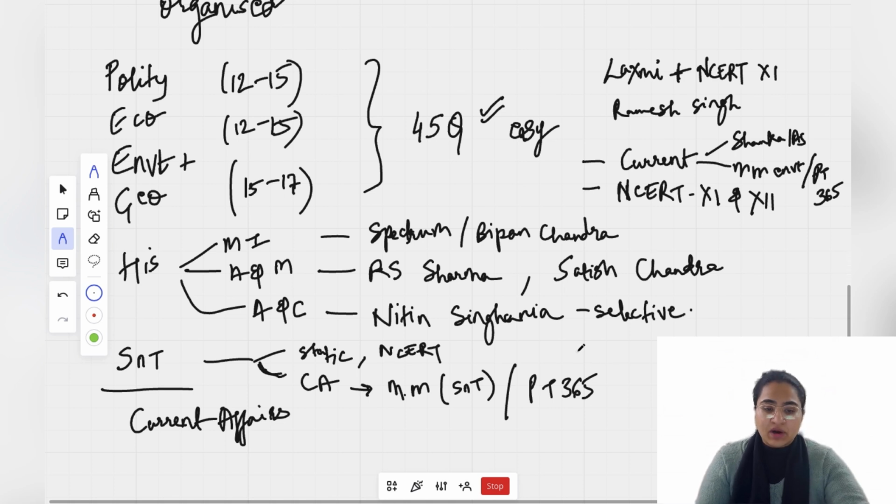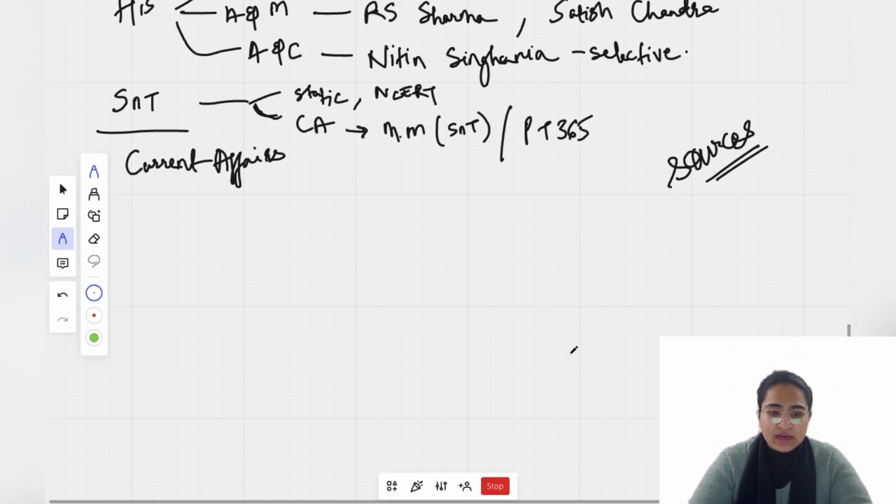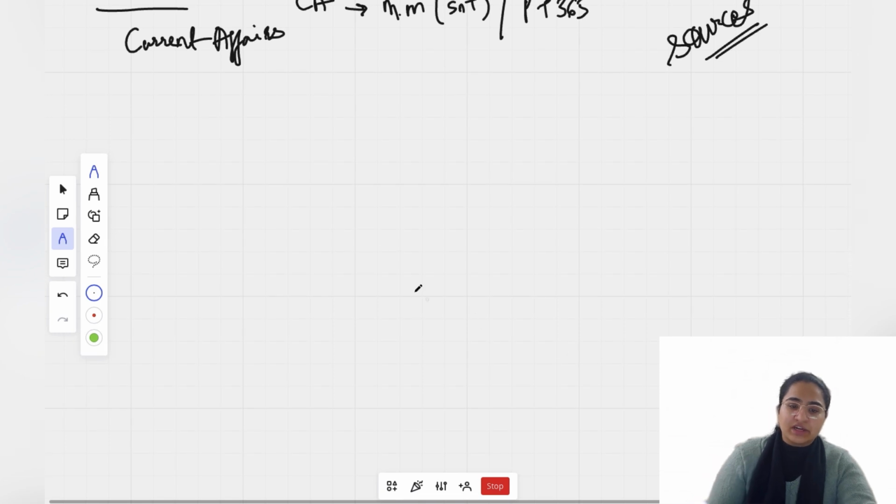Right, so this was about essentially our sources, what sources we would be using to cover our prelims preparation. Next, we need to organize this preparation in a manner which is practically possible and will also ensure multiple revisions for us. So, since polity and economy are the highest return on investment kind of subjects,